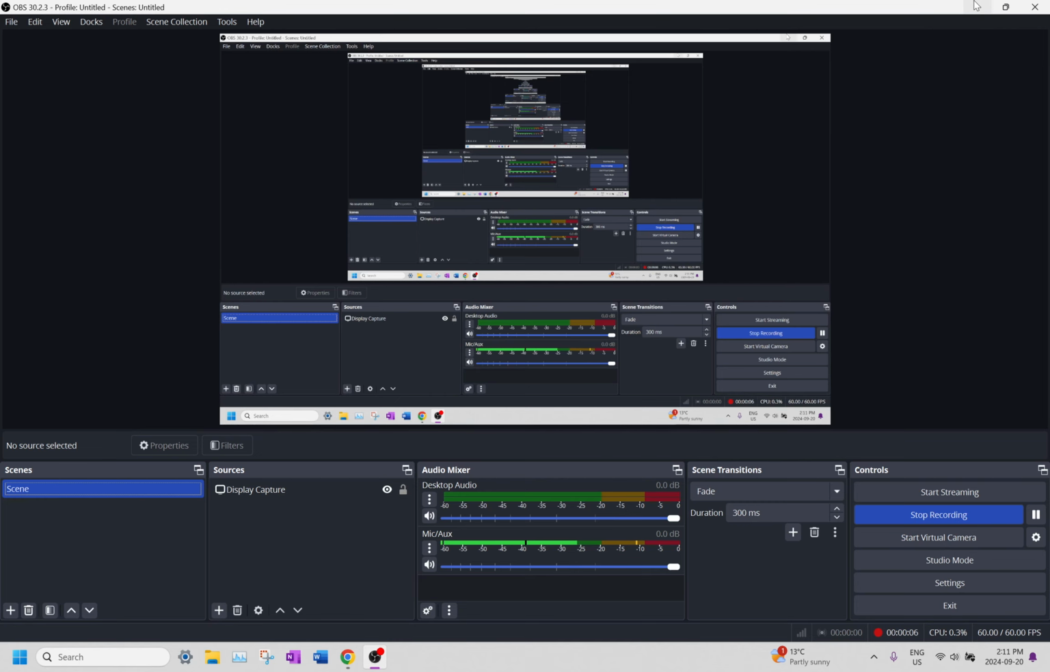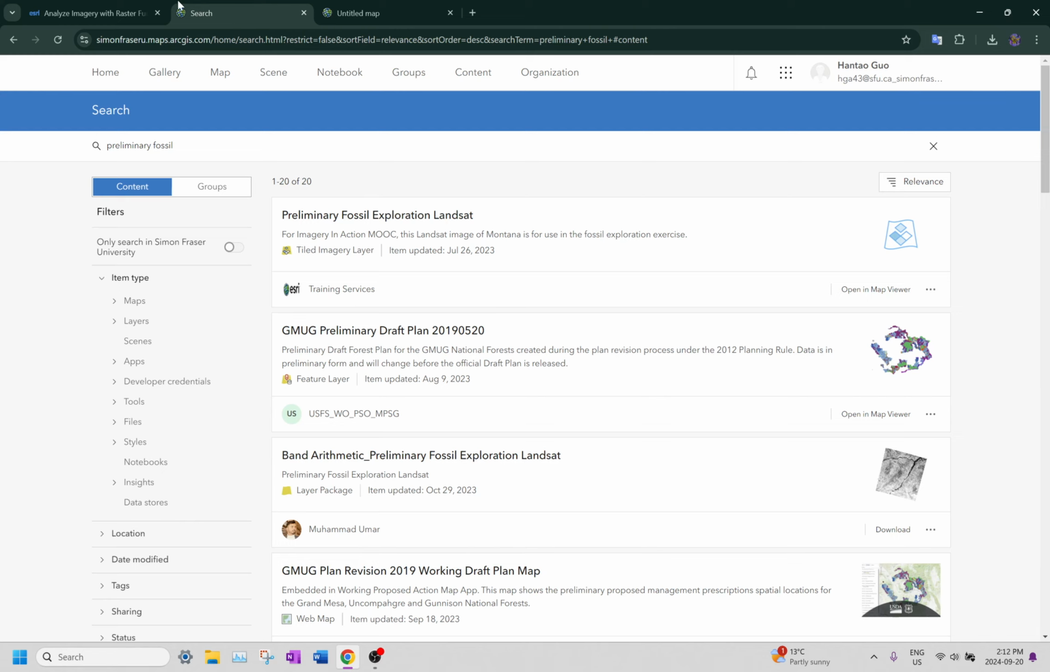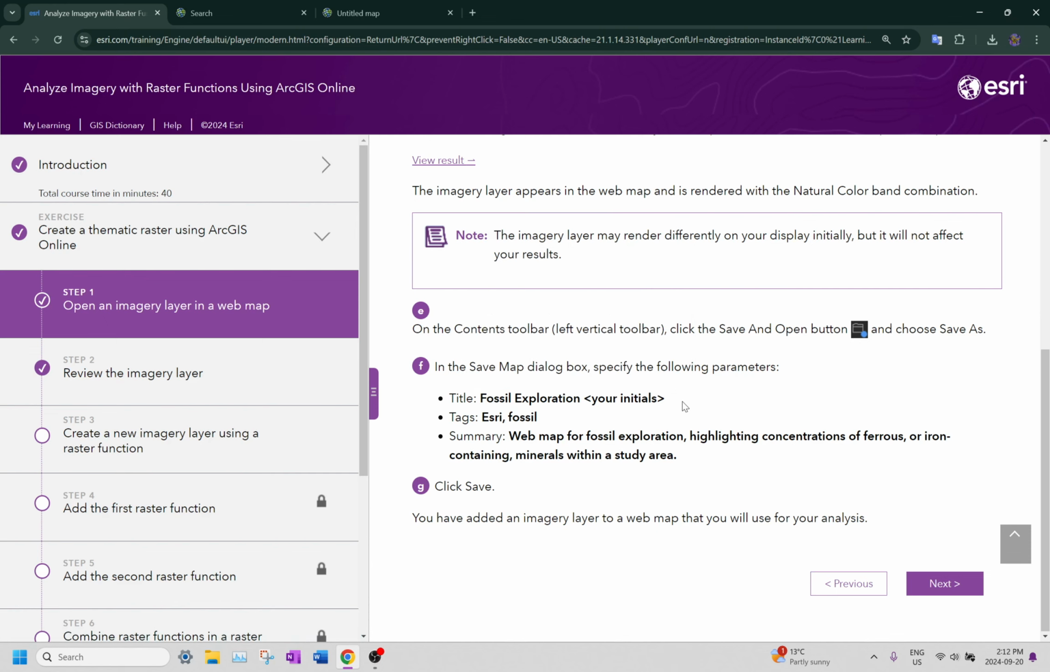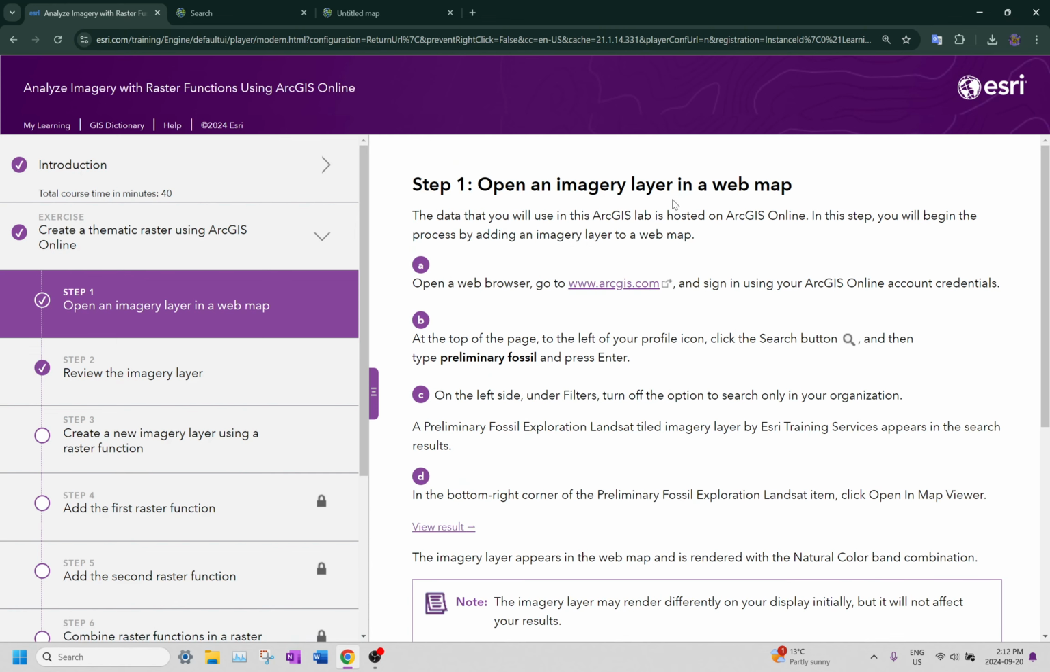But I just made another recording, and this one's about analyzing imagery with raster functions. Raster functions in ArcGIS Online. So we're creating a thematic raster using ArcGIS Online, and the first step is to download the imagery layer in a web